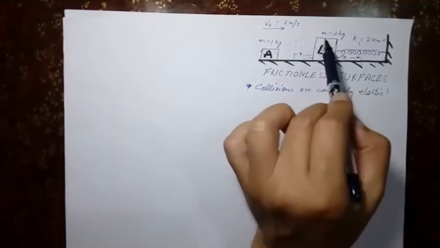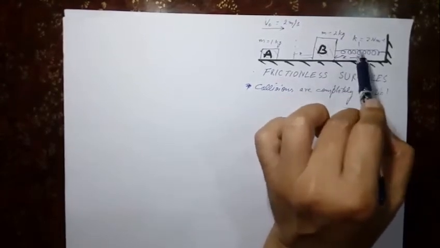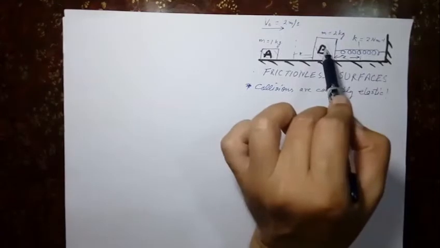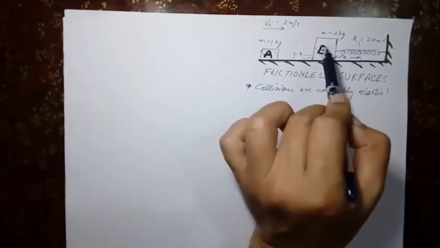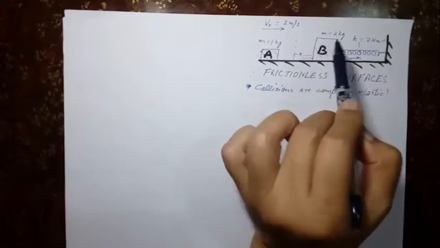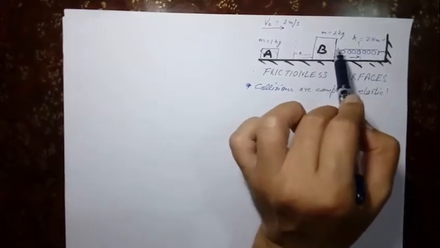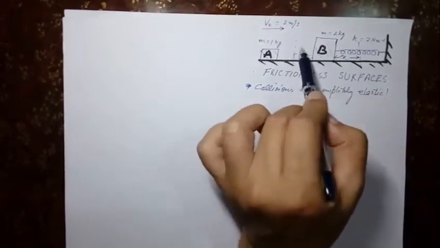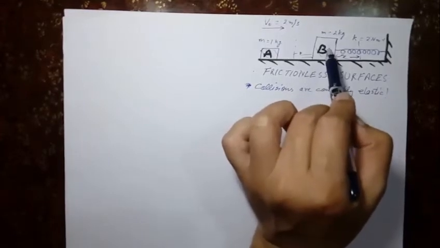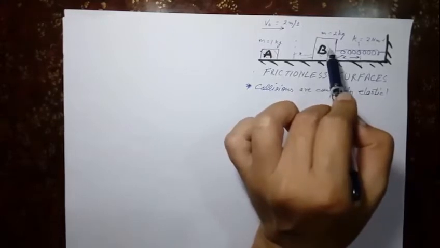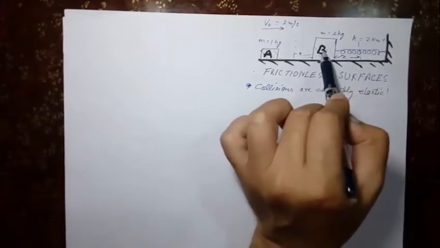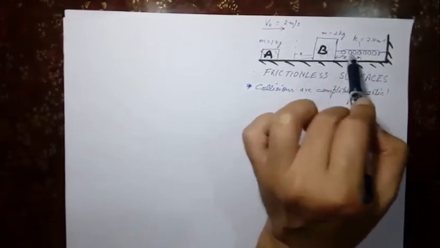we can calculate time period by 2, because the block goes from here to here, comes back here. That is time period by 2. Full cycle takes 1 time period, so that the full cycle would be going from here to here, then coming back. But we have to consider the time when it has moved from mean position to here and then back to the mean position. In that time, that is T by 2,